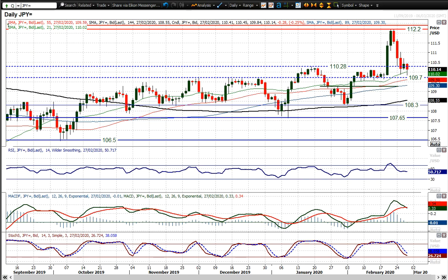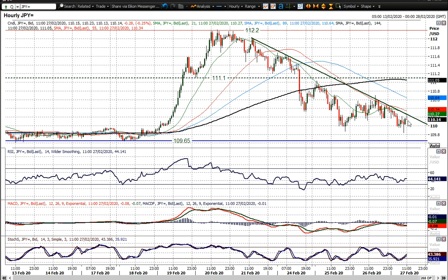Looking at dollar yen, which has been flying around actually in the last few sessions. It had this sharp run higher last week as pressure on the yen was seen amidst fears of how the coronavirus was going to impact the Japanese economy. We've had this sharp correction now in the last few sessions as focus has turned away from Japan more towards the US. And yesterday we saw that the case in California has sharpened the emphasis of that move, and the dollar's suffered a little bit overnight as a result, although just rebounding again in the last couple of